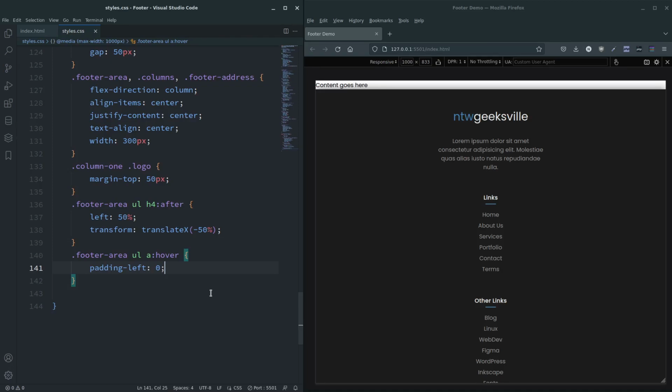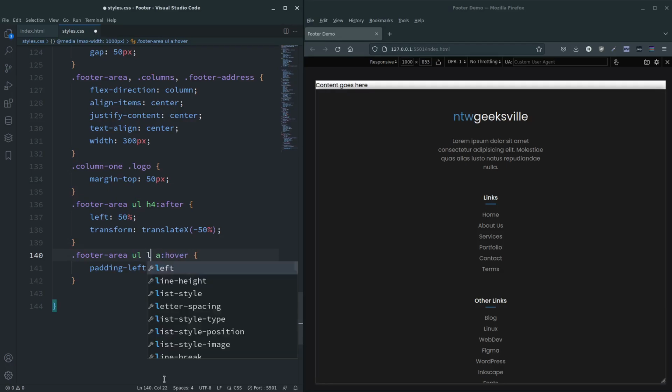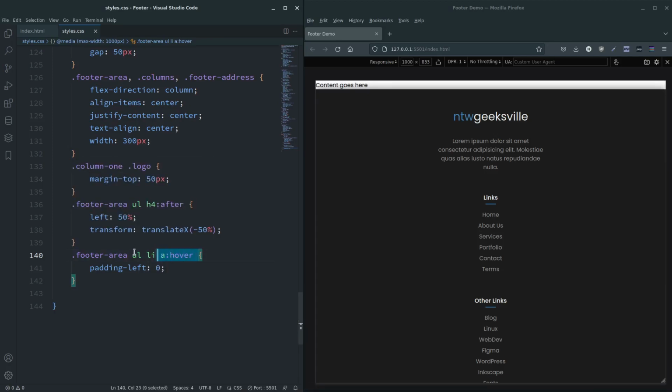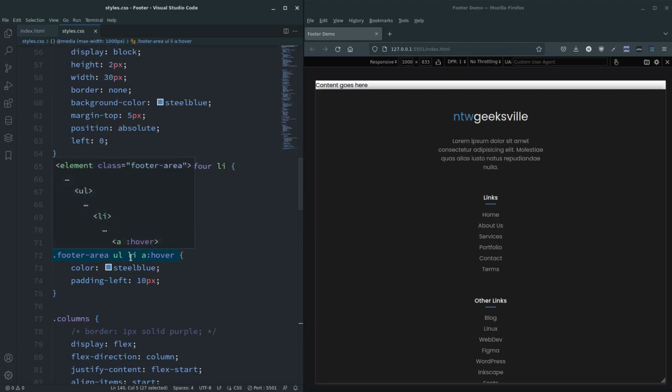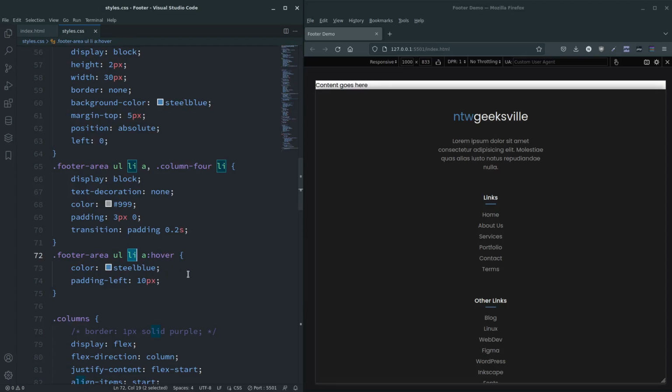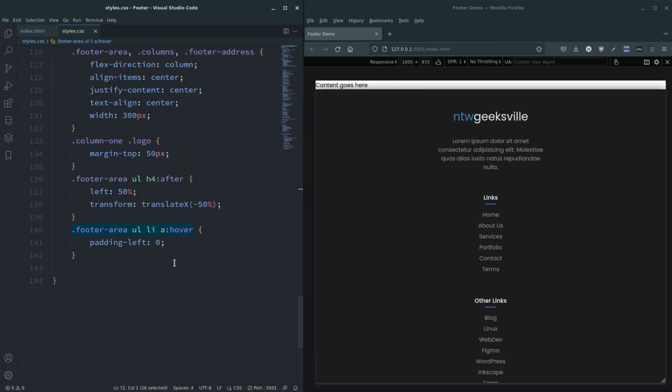That could be because I haven't put LI in here. This is actually a good example. There you go. It's because I haven't matched the exact path we used before. If we go up here, see we used ULLIA. If I'd have omitted the LI, it would have still worked. It would have still found it, but because this wasn't exactly the same as this, it didn't work. The other one overruled it because it was an exact path. But anyway,